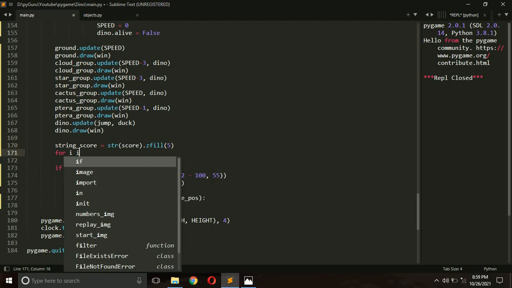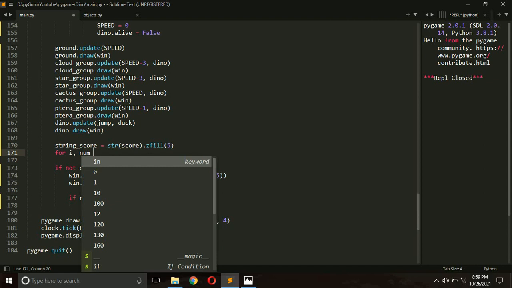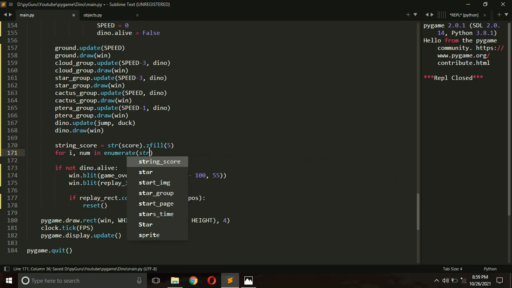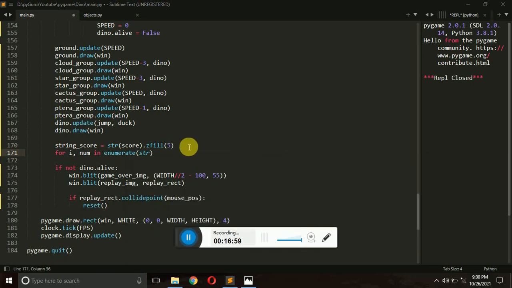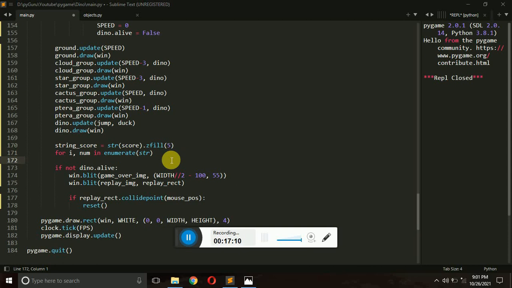Then for i, num in, if you know about enumerate, we are just going to use that enumerate function here. So enumerate, and we pass our string score. Let's enumerate our string here, and then we will start showing our score on the screen. So string score, and then